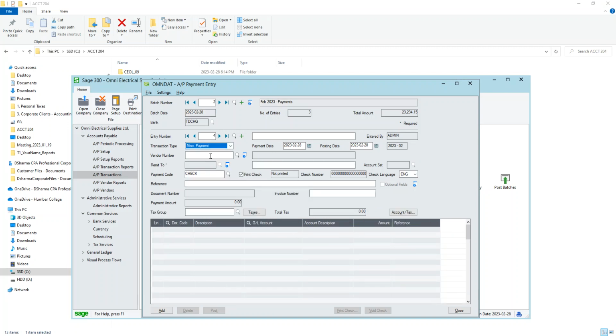So we select the miscellaneous payment. Then, because this is a one-time vendor, whenever you have a cash purchase, you don't need to add that vendor into your vendor profile, because it's a one-time vendor. There's no point in adding the vendor profile. All you can do is just put the vendor name right here. You cannot do that here, because for the vendor number to be found, you have to have a vendor profile in the system. But if you're doing a one-time vendor, all you can do is just put the name of the vendor right here. Let's say it was John